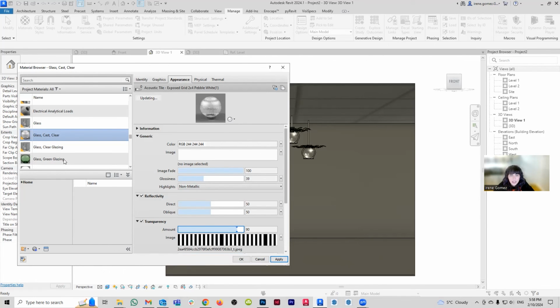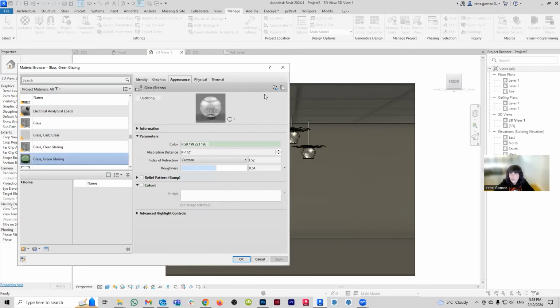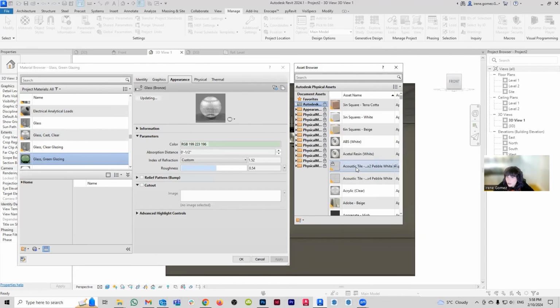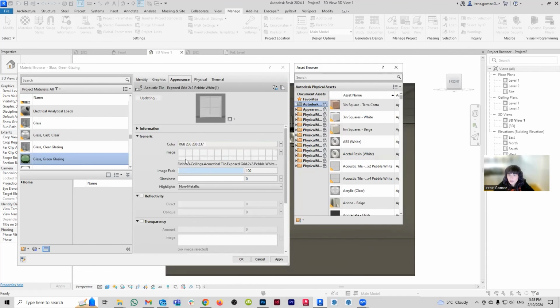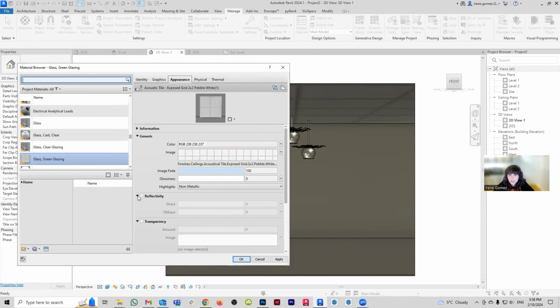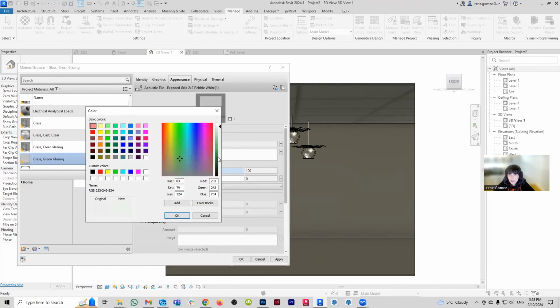We're going to apply, and I'm actually going to search for this glass green here. And I'm going to change this material as well, because I did not like it, the glass is too invisible, basically. So I'm going to do the same trick. And again, I usually do this because I like the Revit materials that have all of the properties. I don't like the Revit materials that have just a couple of settings. I find them very limiting to work with.